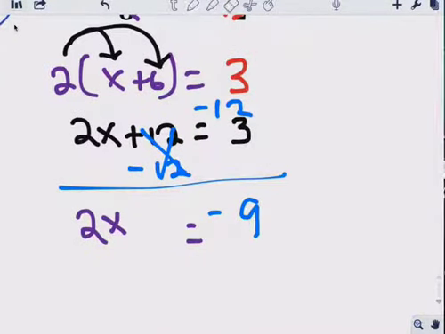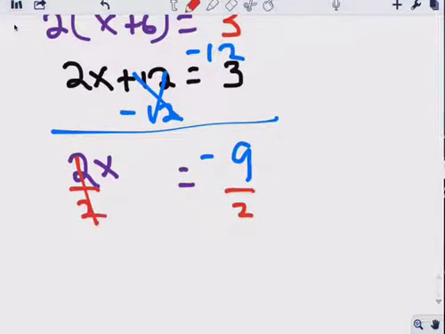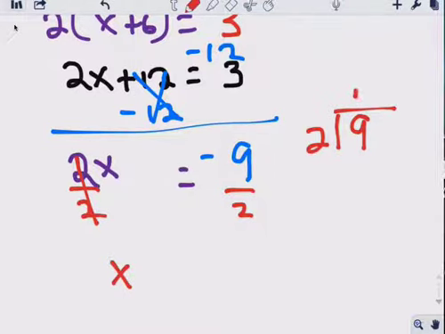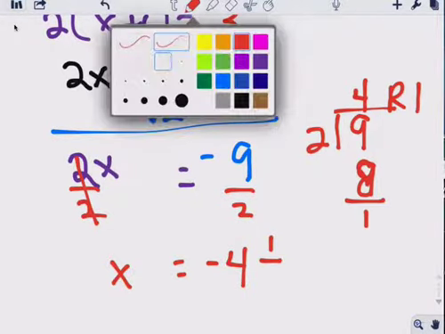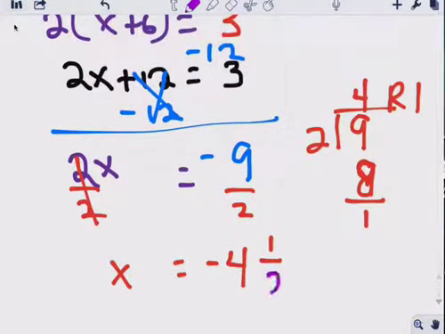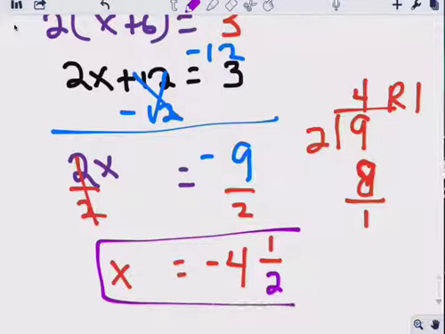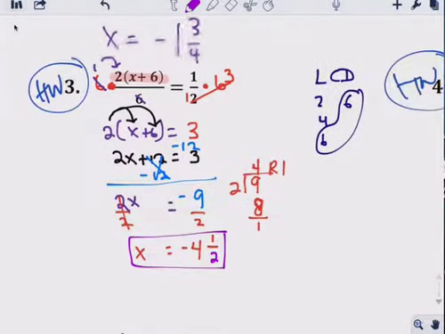So here, and we always divide last. Divide by 2, divide by 2. Your answer then, 9 divided by 2 goes into it 4 times. 9 here with an 8 here, remainder 1. So my answer is negative 4, remainder 1, over a denominator of 2. And that is your answer right there. Okay? Number 4,